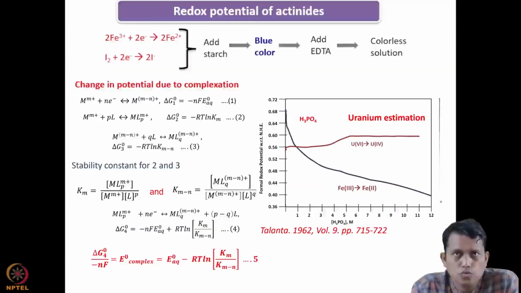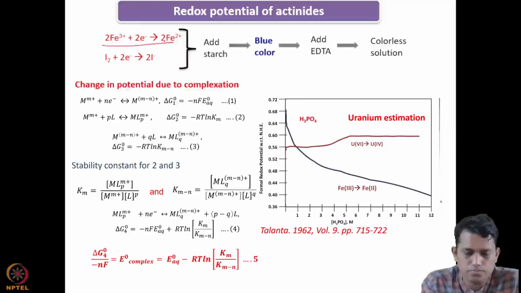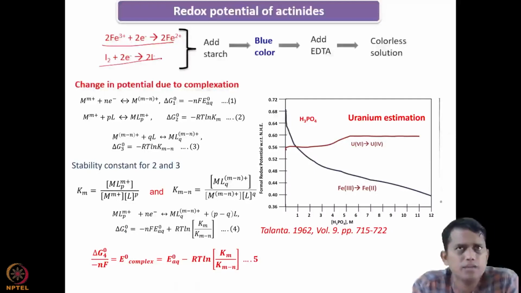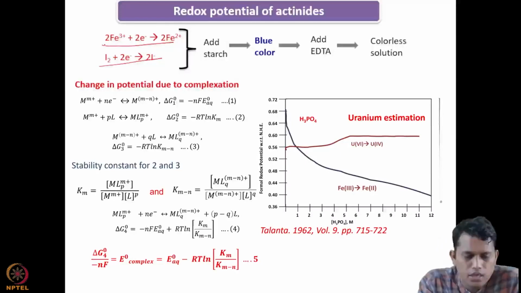To exemplify, I have taken a very simple example. Let us say from our classbook chemistry, you have a couple of iron 3 getting reduced to iron 2, and you have a couple between iodide and iodine. Suppose I take these two and mix them, and after that I add a drop of starch. I found that the color of the solution becomes blue. Why does the color of the solution become blue? Because if you see this couple,